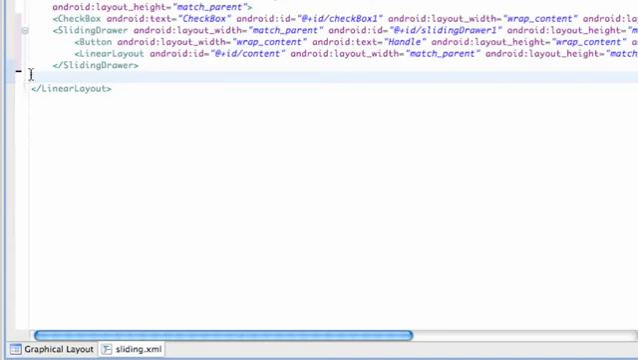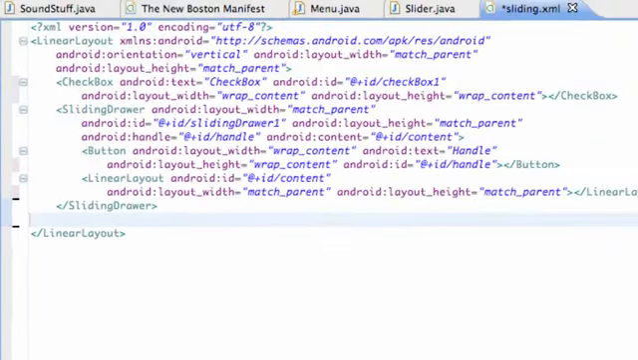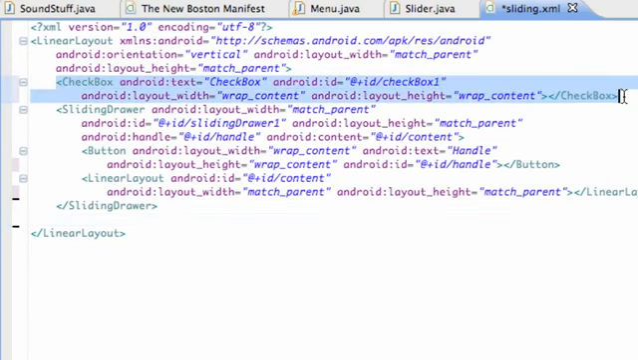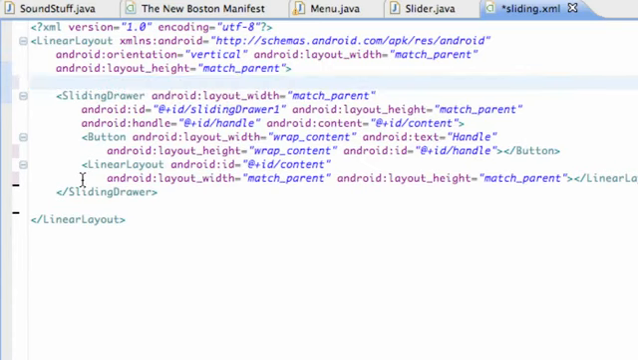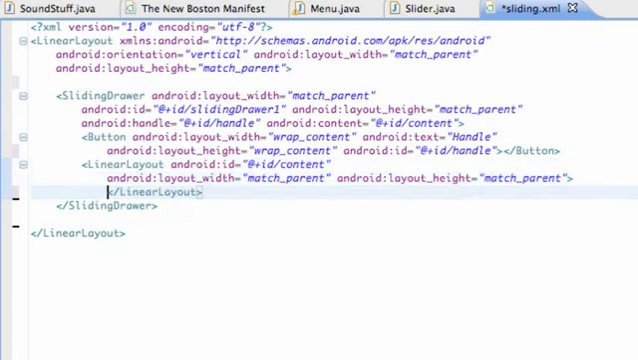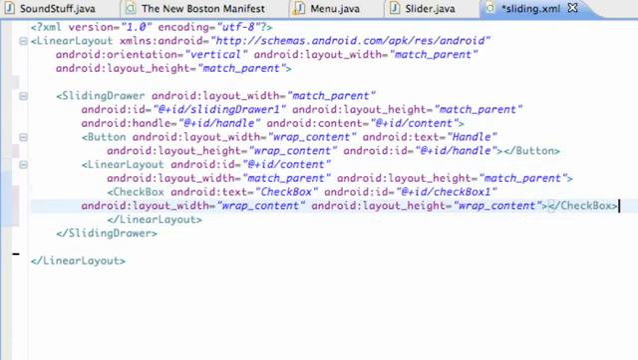Then we're going to go back into the actual XML view here, and that's why I had you add that checkbox first. We're just going to grab this checkbox, Control X, and put it within this linear layout here. So just open up that linear layout and paste your checkbox here. Basically, we create a sliding drawer and give it an ID that we want to reference in Java. So we're just going to call this